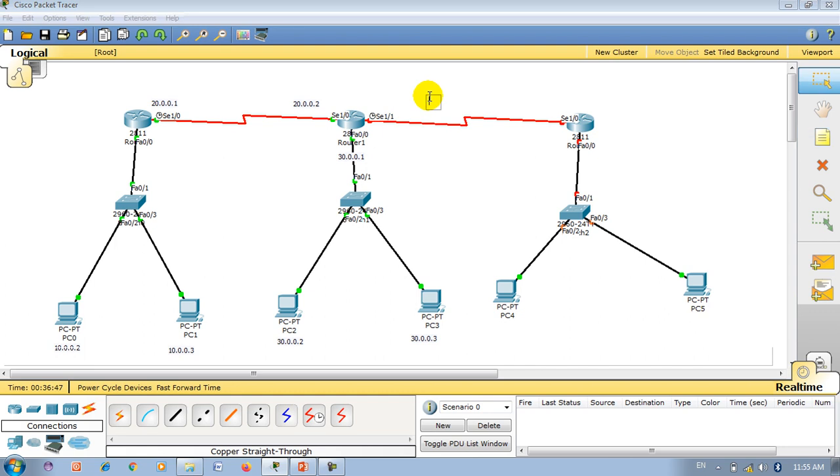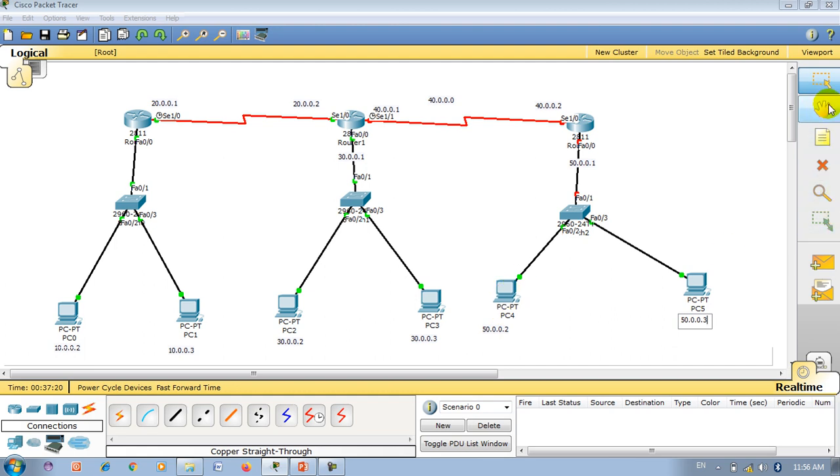So I consider these as the network 40.0.0.0. That's why I will give the IP address 40.0.0.1 at this interface and 40.0.0.2 at this interface. And this one I consider as the 50 network. So 50.0.0.1 here, 50.0.0.2 here, and 50.0.0.3 here.